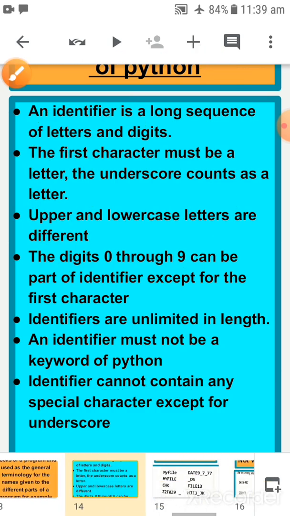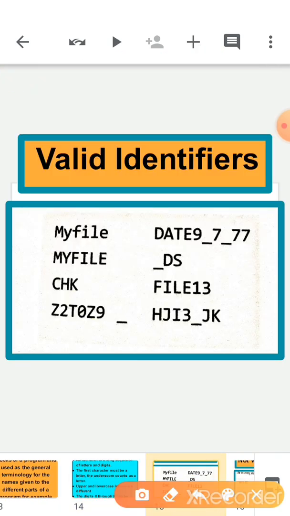So let's see what valid identifiers are, how we can actually make identifiers. See, in my file, M is capital, the rest are small, so this is an identifier. Again MYFILE all in caps is also an identifier. CHK is also an identifier. Z2, T0, Z9 are also identifiers.